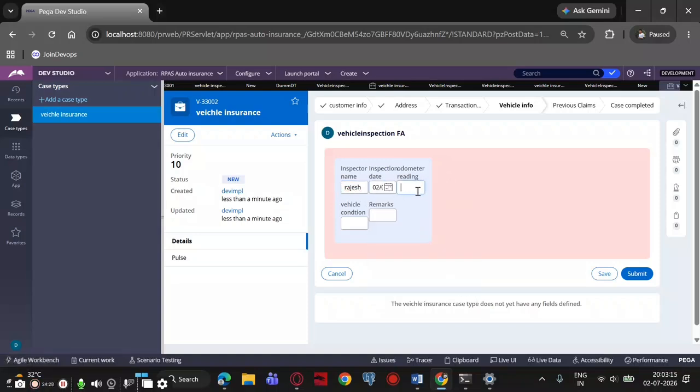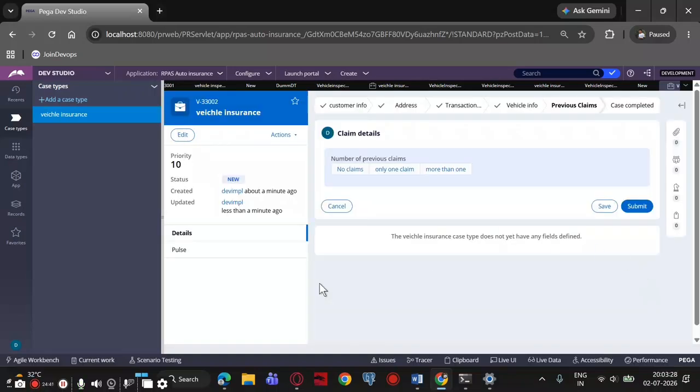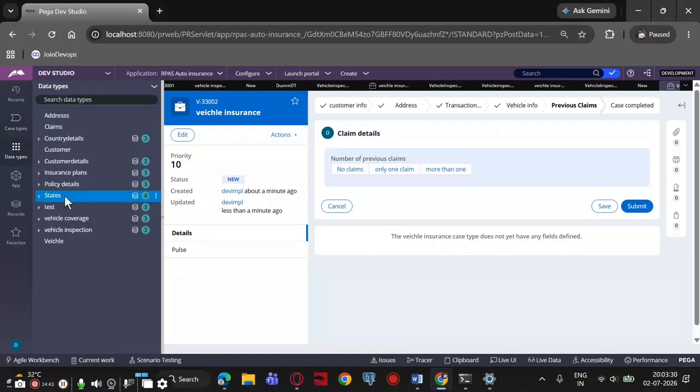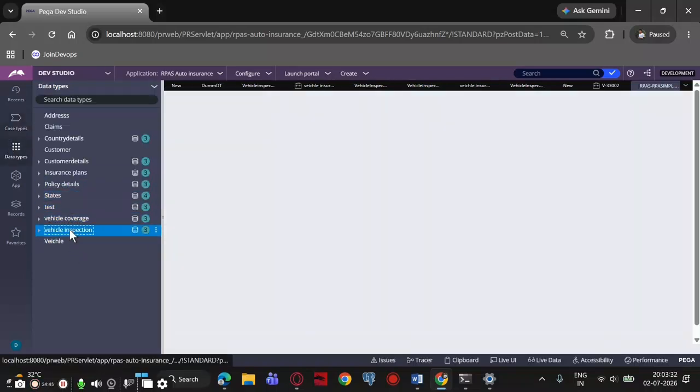Odometer reading, I'll give 4,000. Vehicle condition, good. Remarks, okay. If I submit this data, will the data be saved in the data types or not? We'll see. Vehicle inspection